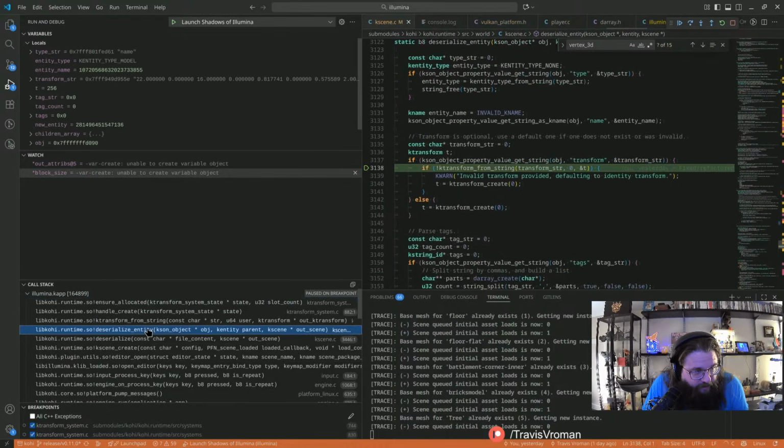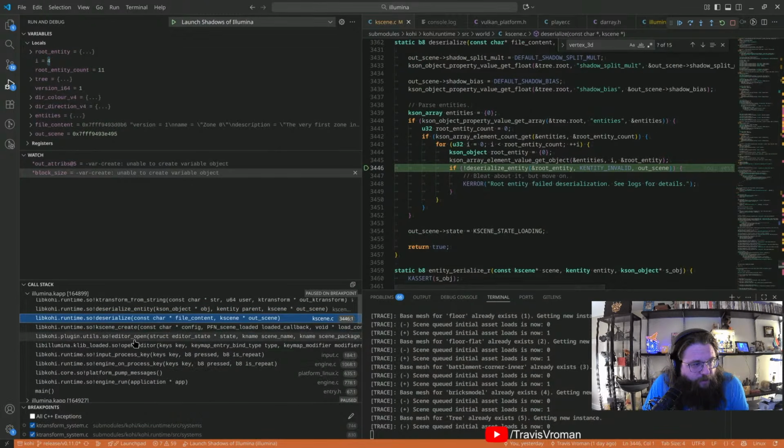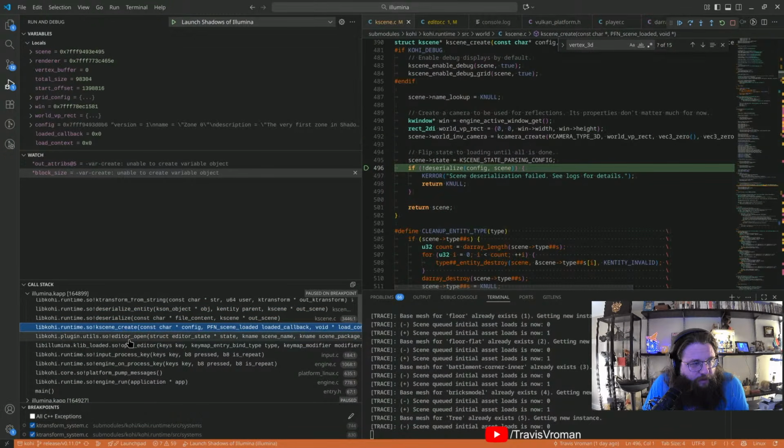Deserialize entity. Okay, so editor open. Like, there's no way we have that many. I feel like we're skipping huge parts of the list here.